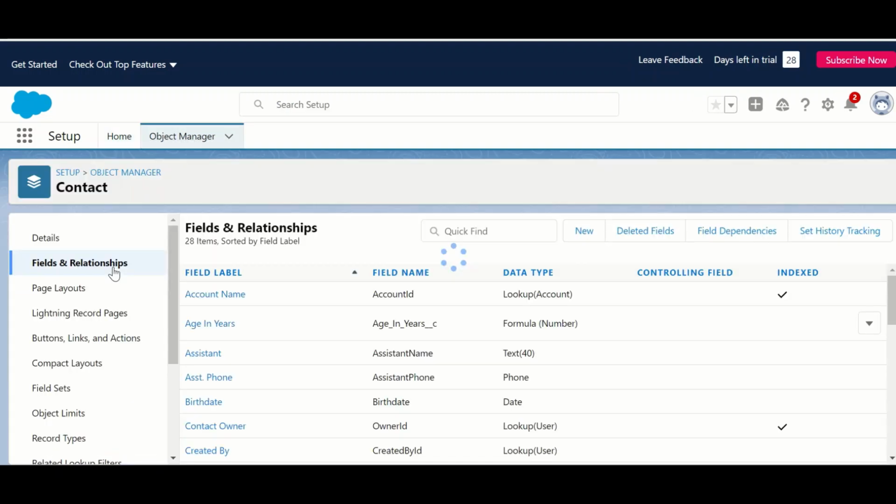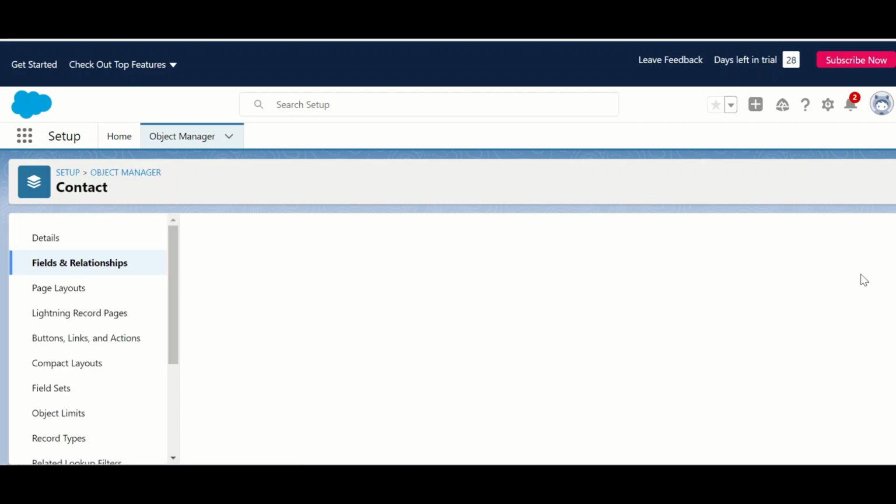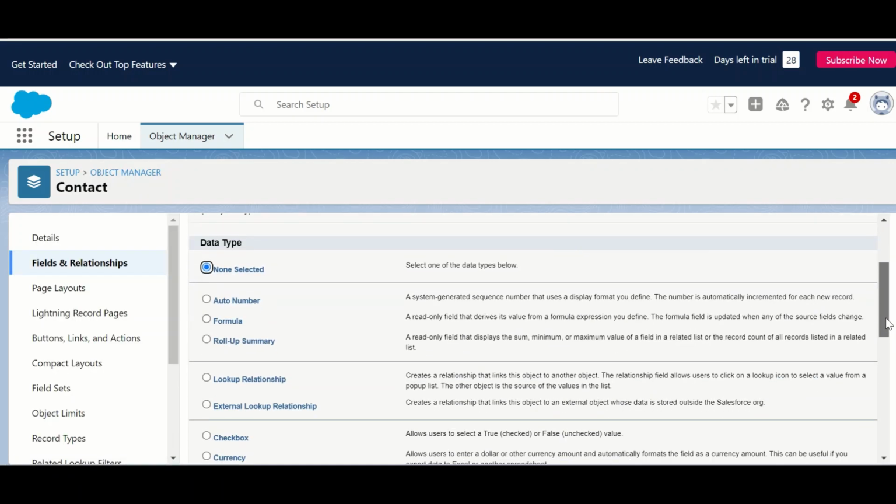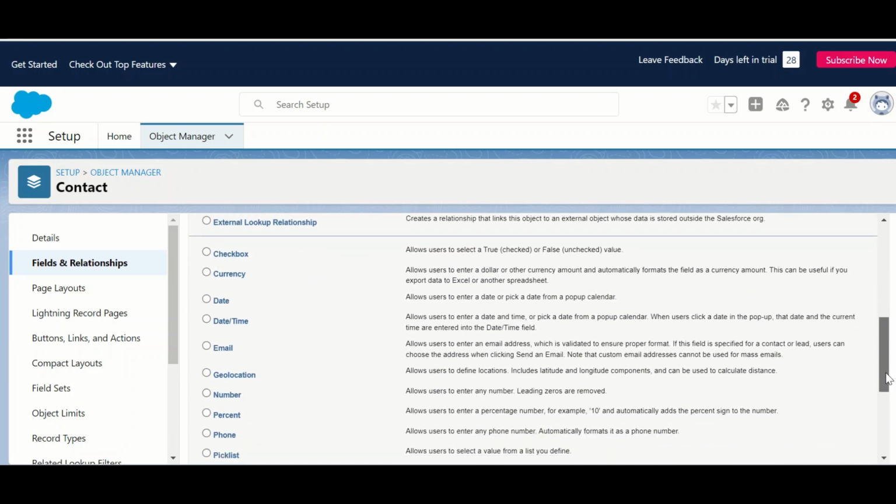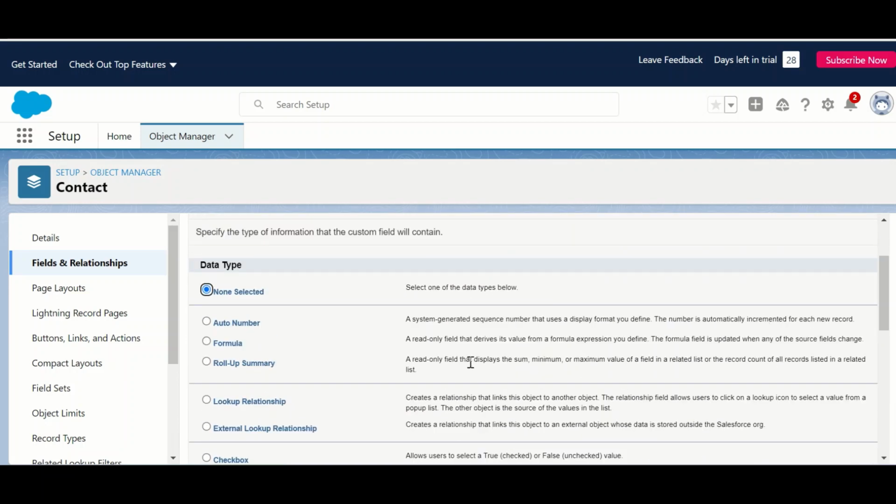So fields and relationships, create new. So here, roll-up summary, a read-only field that displays the sum, minimum or maximum value of a field in a related list or the record count of all records listed in a related list.